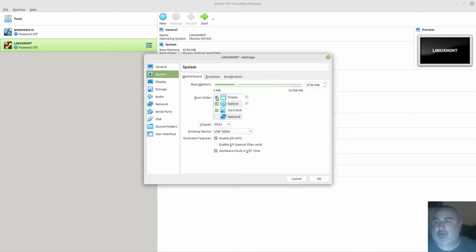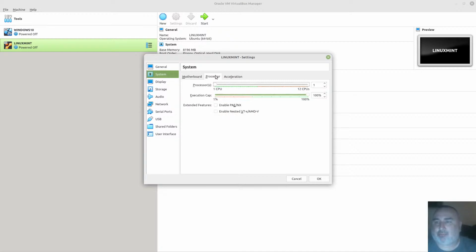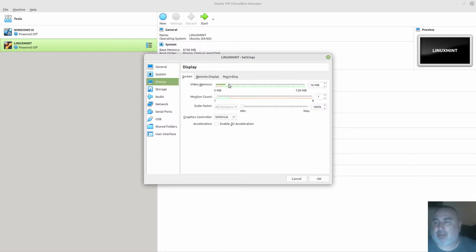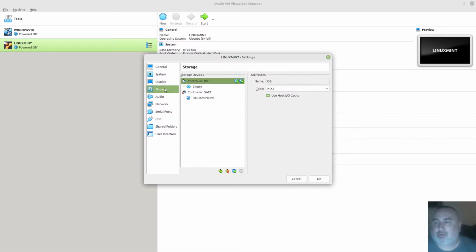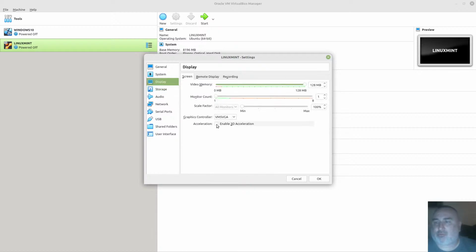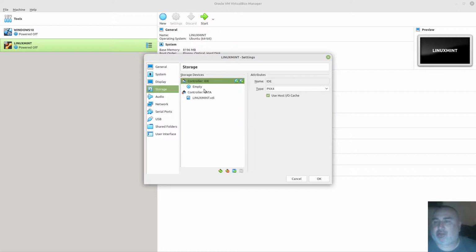When I did Windows, I got rid of the floppy here. Memory 8196. Processor, we're going to give it 2 CPUs. Okay, display, we're going to give the max amount of display like we did for the other. Oh, let's do hardware acceleration. Okay, storage, we're going to add the